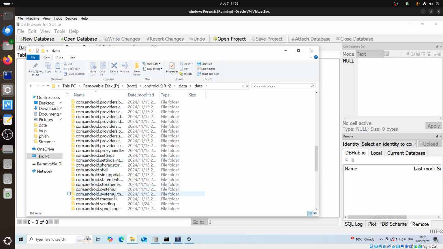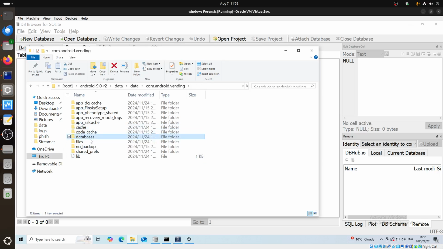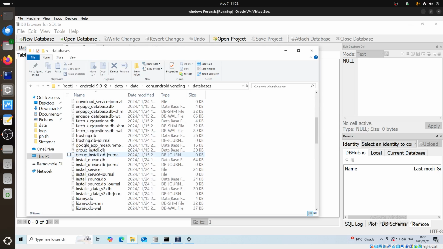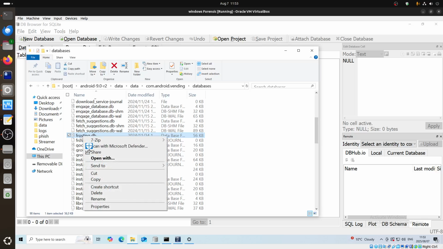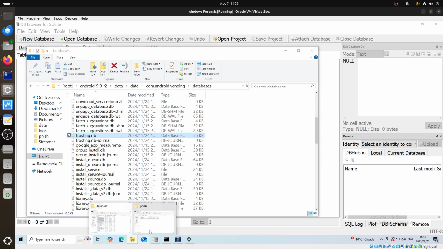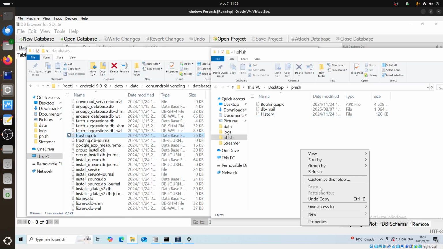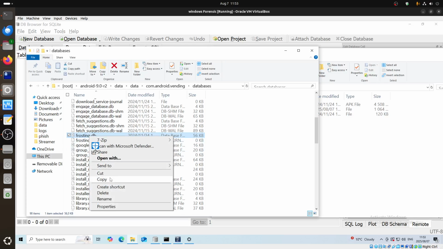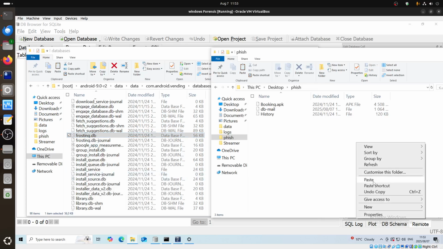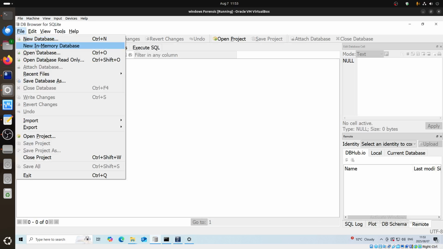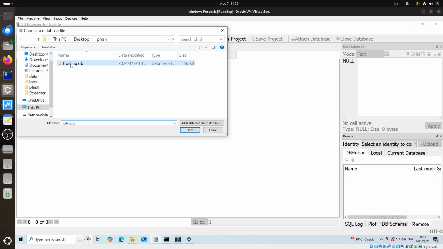We're more interested in another database that records installation called frosting.db. This one. So let's copy this one and put it in our forensic artifacts that we found. Copy, paste. And if I go to SQLite and File, Open Database and get that frosting database,